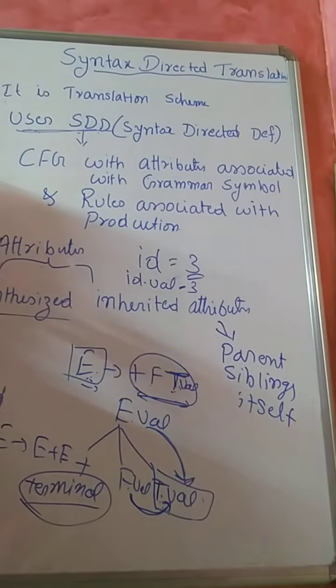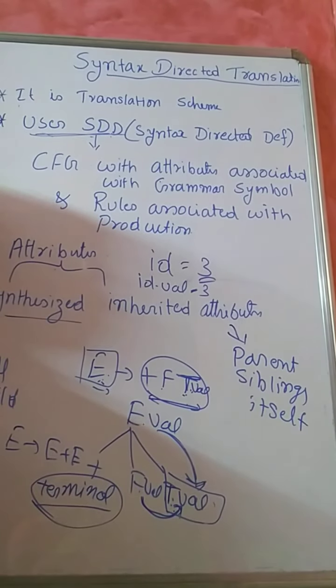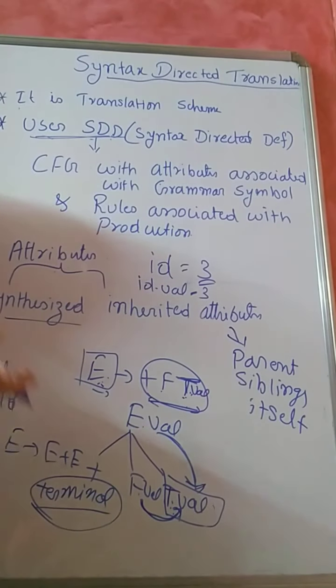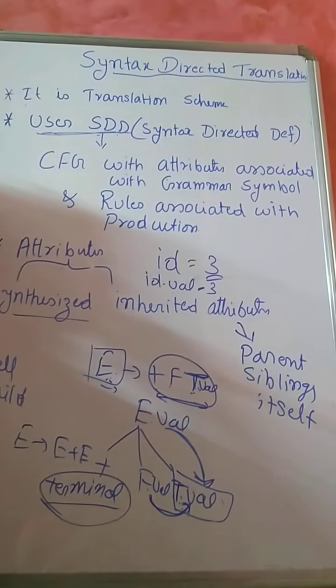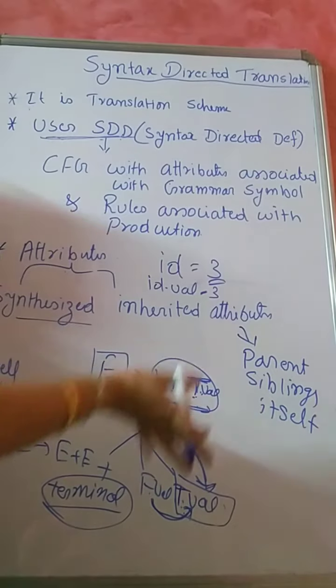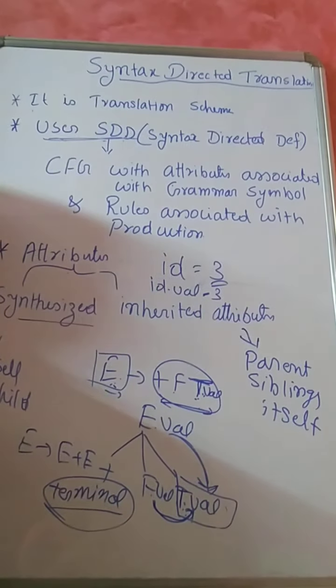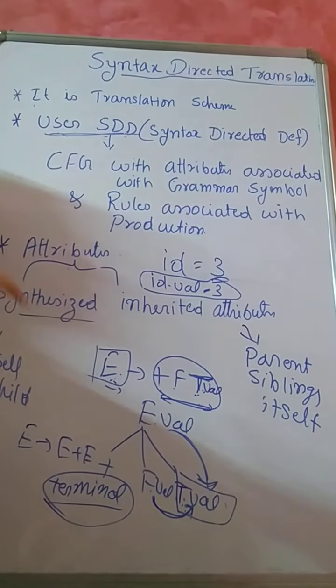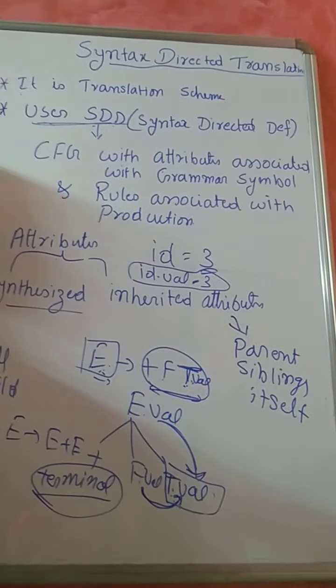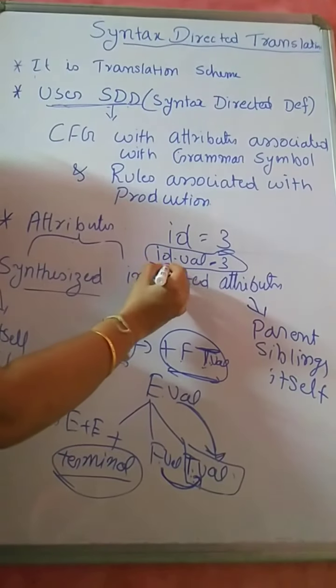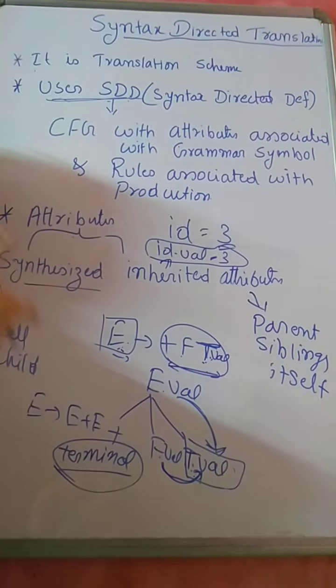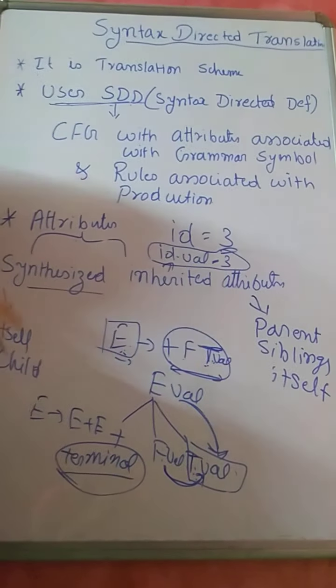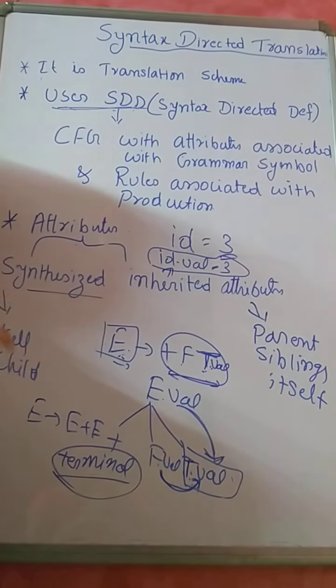It is not inherited from something or derived from something. It is not derived from its child nodes, or from its parent node or sibling node. It is the value that will be provided by the lexical analysis phase. It is a value provided for terminals. For any terminal value, that will be sent through the lexical analysis phase. Getting my point?